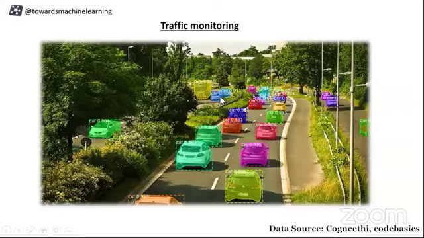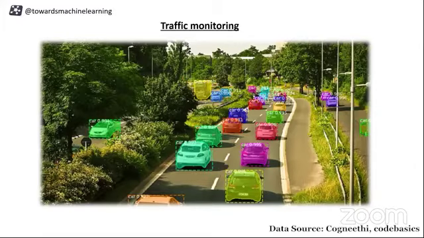So this kind of thing has been used, and the governance sees in which path we have the traffic, and accordingly they will open the traffic lights. This is one of the things you might have heard of, and many people in their BTechs try to do this as well.